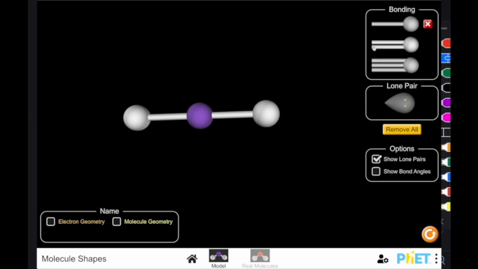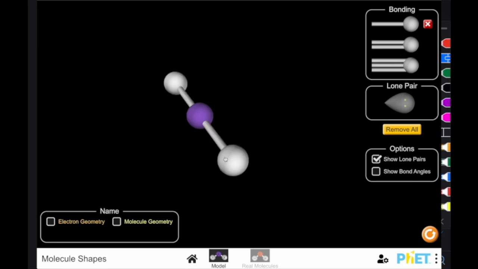You can set how many more atoms you want with either a single bond, a double bond, or a triple bond. You can stick a lone pair in there. You can do that by just clicking on it, or you take it away by hitting the X. And here you can see,